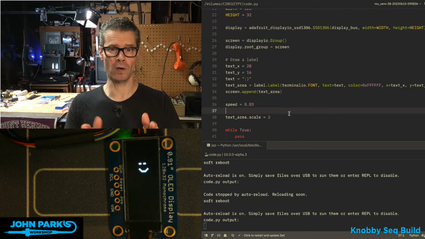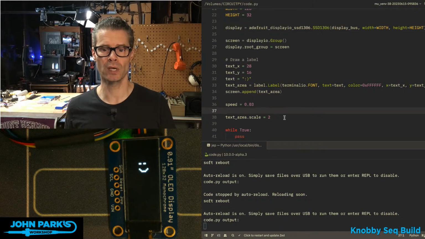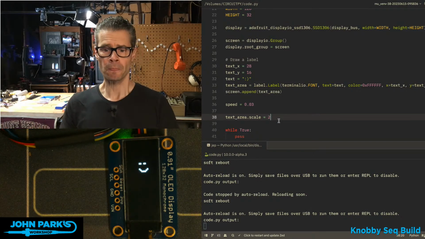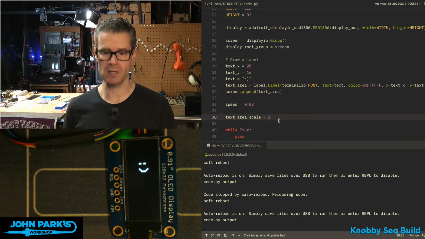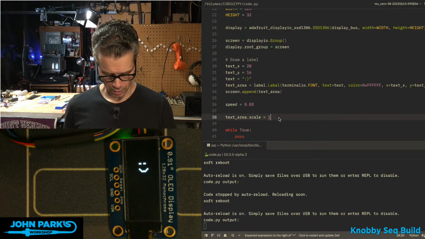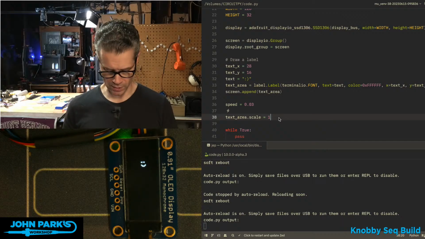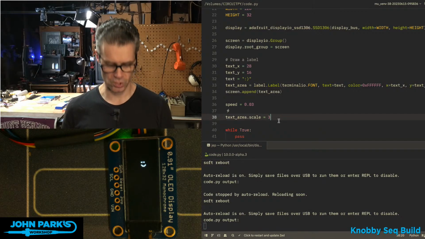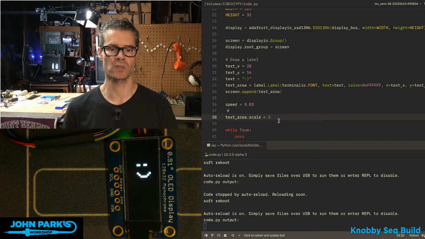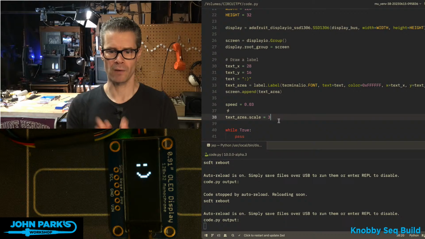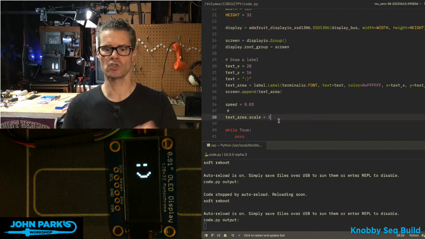However, what I'm showing can work for a lot of different types of objects, including groups, I believe. And in this case, I'm just going to use it on that label, but this is something more than just fonts, so you know. To set the scale of it, I'm simply saying name of the object, text area, .scale equals, say 1, and there's the sort of default size. Let's make it 3 times bigger. I'll just simply say text area.scale equals 3. So this works with integers. There's not partial, decimal, fractional pieces of scaling. It's just an integer scaling.